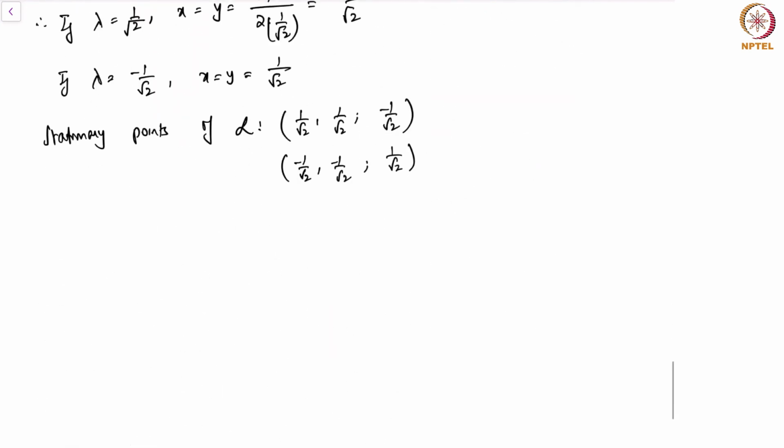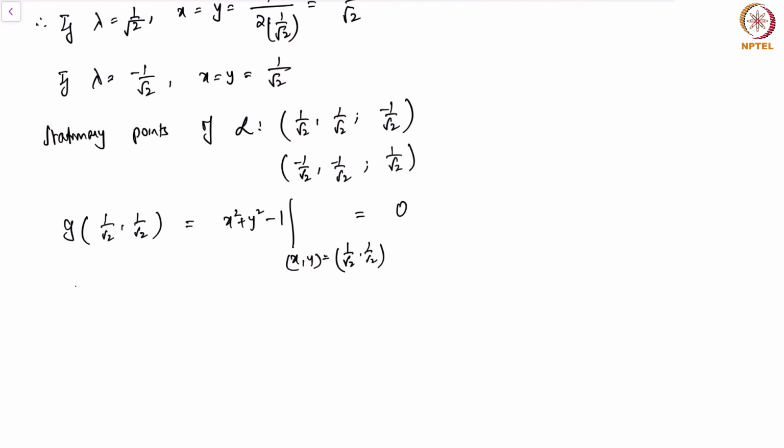I would like all of you to try and confirm that g at 1 by root 2 comma 1 by root 2 is simply x square plus y square minus 1, and that's my g with x comma y equals 1 by root 2 comma 1 by root 2. If we substitute this, x square plus y square becomes half plus half, that's 1, minus 1, and this goes to 0. This implies this point is on the constraint,